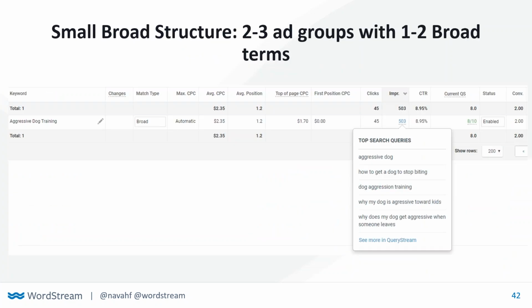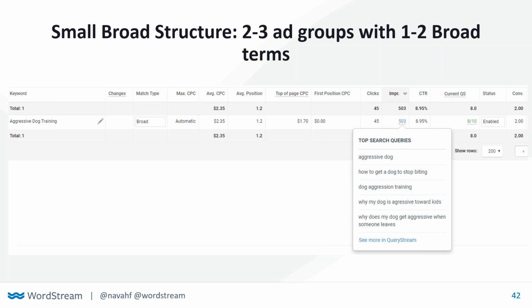Now, this happens to be my favorite way of running data acquisition, say for DSA. And again, it depends on industry. So if you don't necessarily have a ton of landing pages, small broad can be great. And it'll mean 2 to 3 ad groups with 1 to 2 broad match terms, where again, everything else is a negative in that ad group. And the power of that is that, ironically enough, exact match and phrase match have gotten broader. Broad match has actually gotten more specific because there's that much more data fueling how Google looks at broad match.